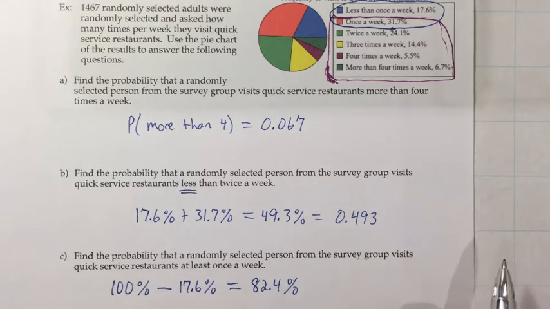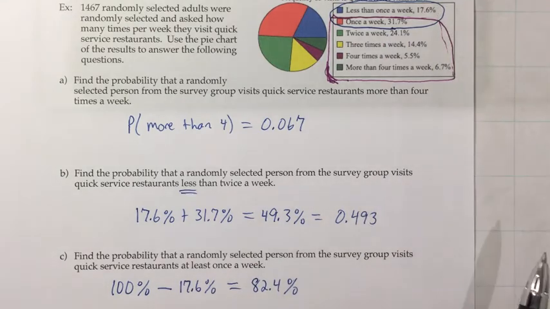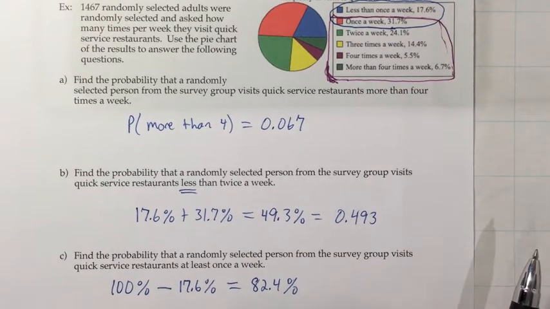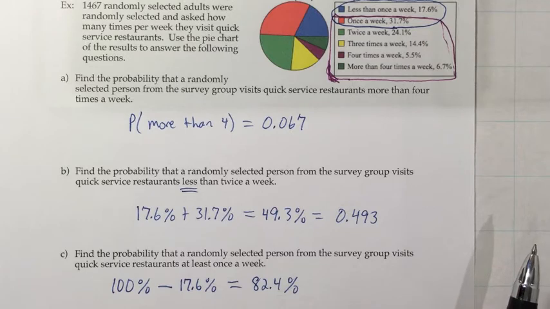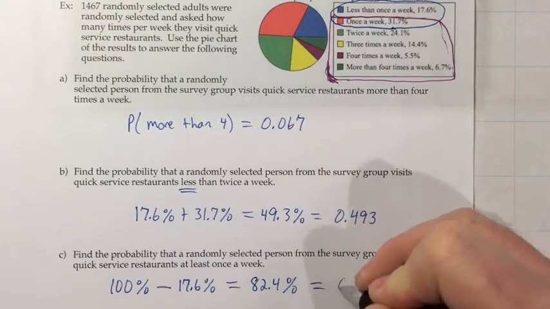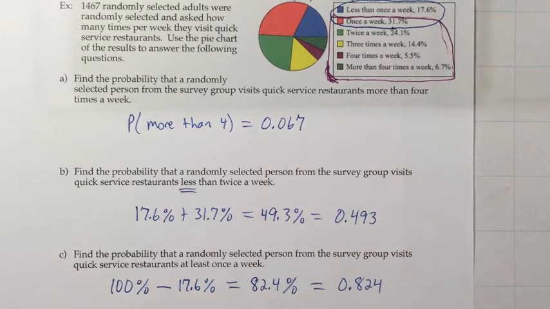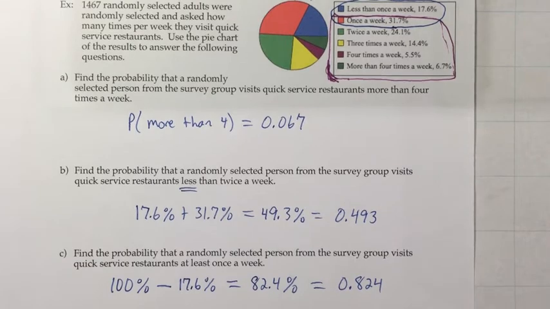That's a really key thing in statistics, is to remember that adding is one way to get there, but you can also subtract what you don't want. We're going to formalize that as a rule in a little bit, but it's definitely something to be thinking about already. And then since we did this with all the other ones, we should probably change that to 0.824, write it in as a decimal, because that's typically what we do for probability.